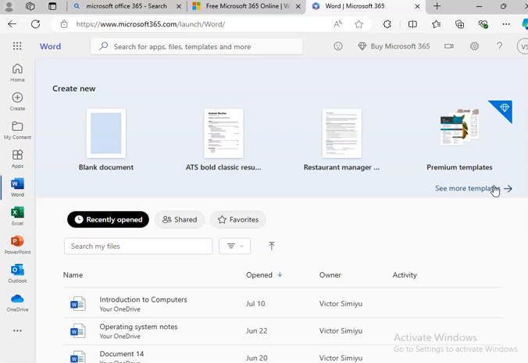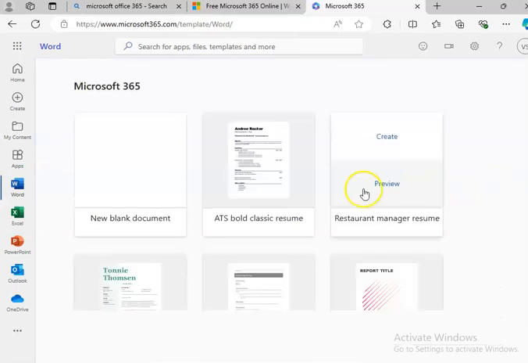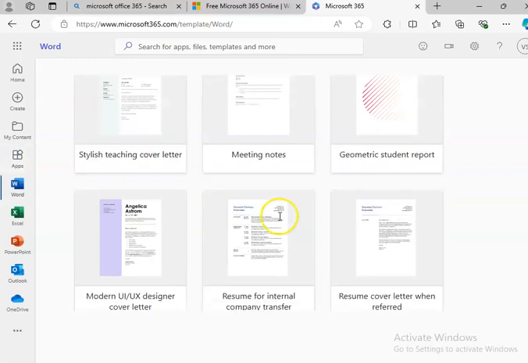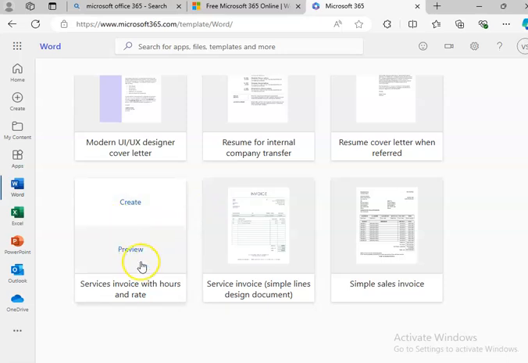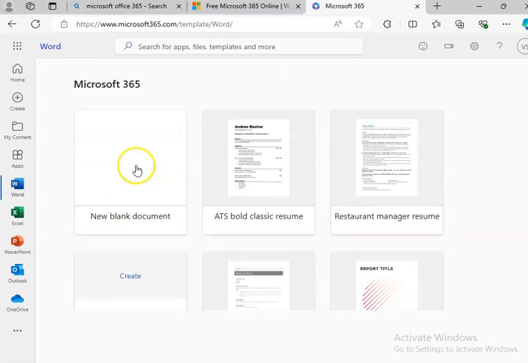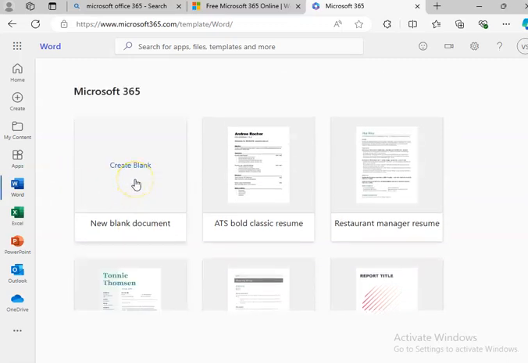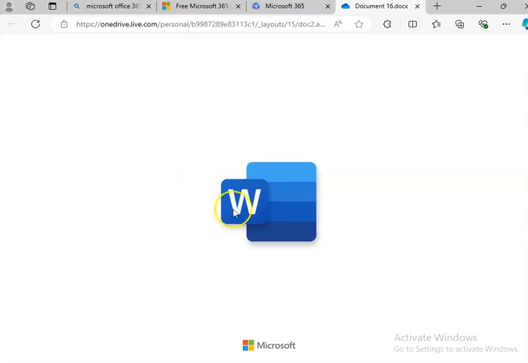Now some of these templates are free, others are on purchase, therefore you just need to know which ones are free and which ones need a subscription. So anyway, like that. So I'll choose blank for now, and then it should load me into a blank. It loads me into a new tab here in the browser, and then it should take me to a blank